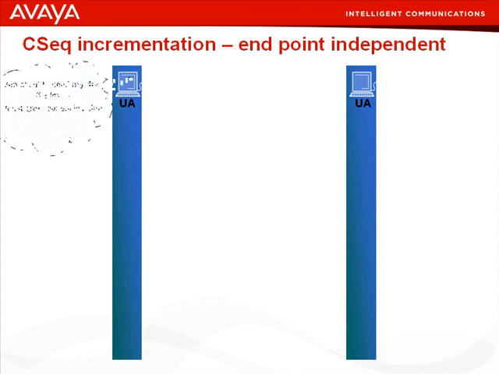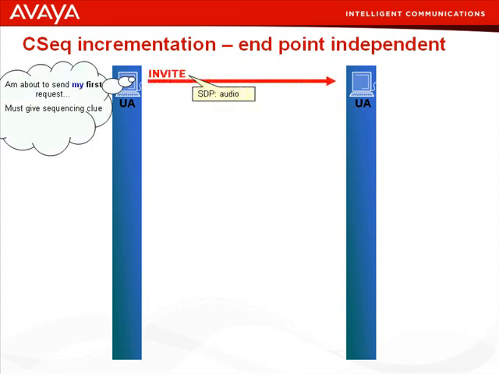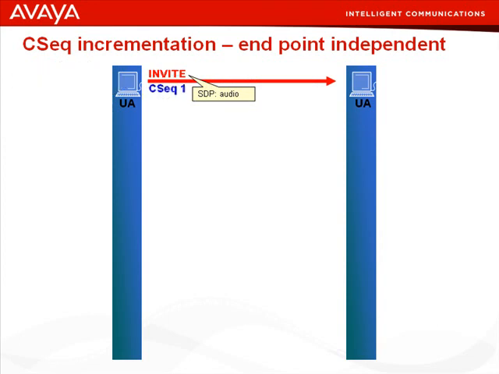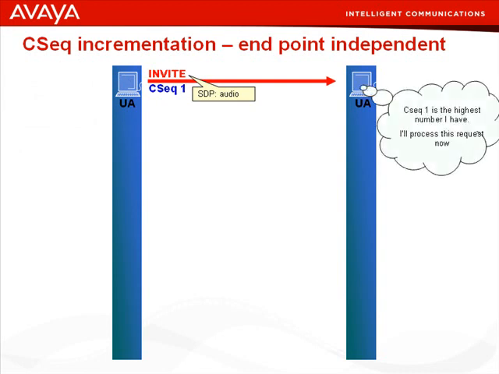So as a user agent prepares to send out its first request, it chooses a sequence number, like 1 for example, and inserts it in the CSeq header of the request. Now the downstream user agent receives it, checks the CSeq, and notes that it's the highest number it's processed so far. In fact, the only number it's processed so far, and therefore it knows to go ahead and process the